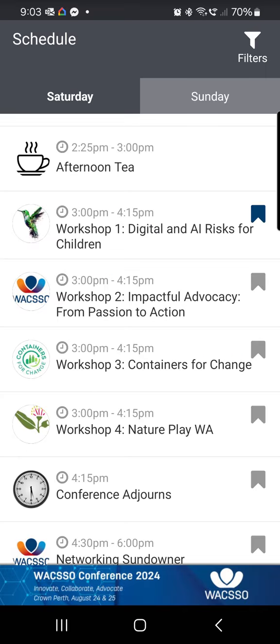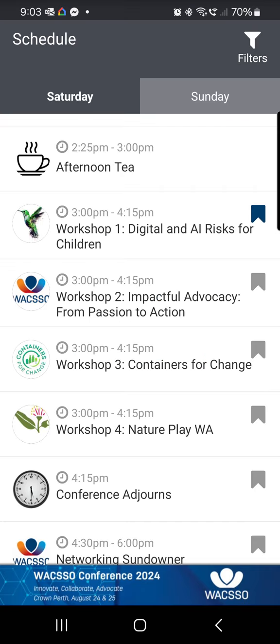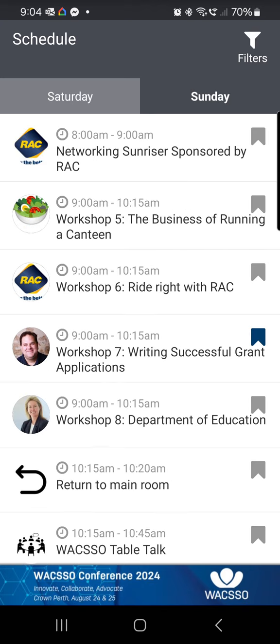So you've had a look about that workshop and you might want to have a look at the Containers for Change workshop or the Nature Play or anything else. Once you've decided what you want, bookmark it. So as you can see on that workshop 1, by clicking on it, I clicked on the bookmark, it's made it dark blue. If I click it again, it makes it grey and I've unbookmarked it. So that's the one that I've decided I want to go to, so I'm going to bookmark it. Now I'm going to go to the Sunday because we've got